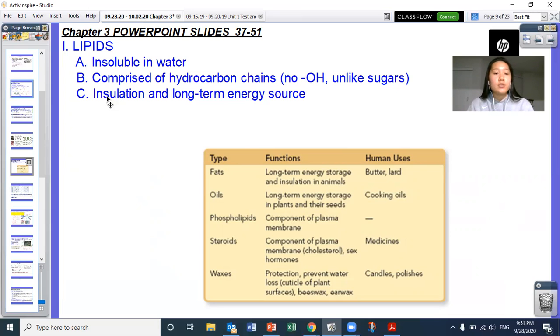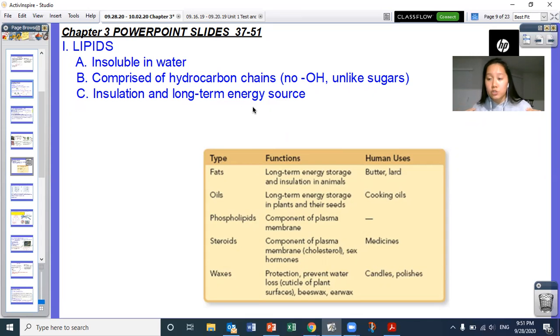Okay, lipids are used for insulation and long-term energy. So they help keep your heat in your body by having an insulating layer on the outside, right? Polar bears, seals, especially animals that live in cold environments, tend to have a lot of fat on their outsides to insulate and keep them warm when it's cold outside. Because fur can only do so much, right? Your body also needs that extra layer of insulation. They act as a long-term energy source because you can store fat for a lot longer than you can store